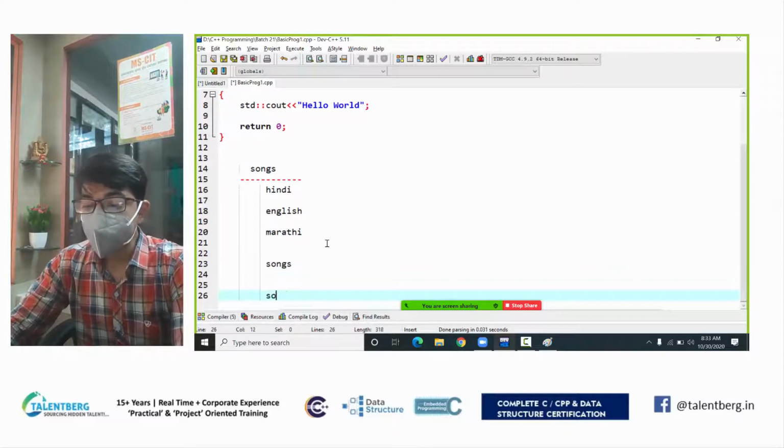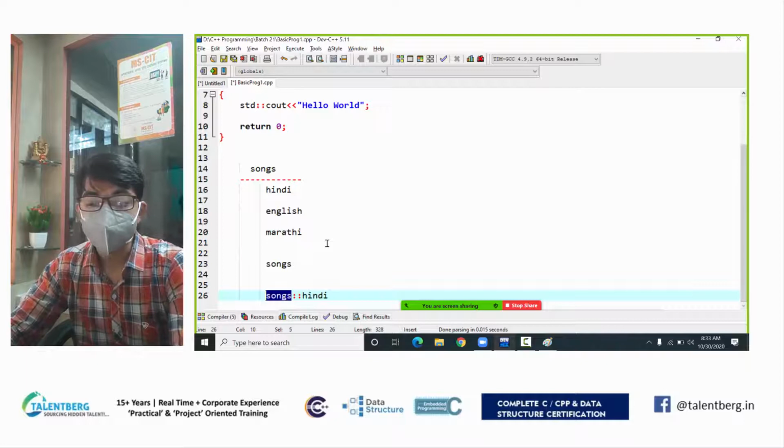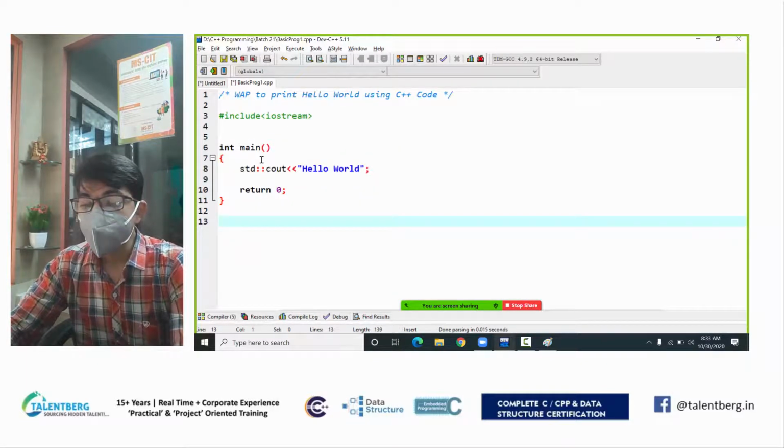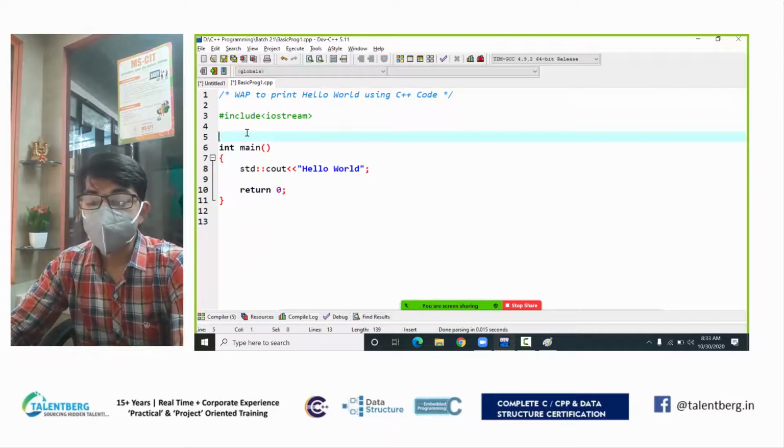If you include the songs and access the Hindi songs, here I call songs a namespace. We'll briefly discuss namespace, but right now you consider a namespace like one folder, and inside the folder you are given some classes.